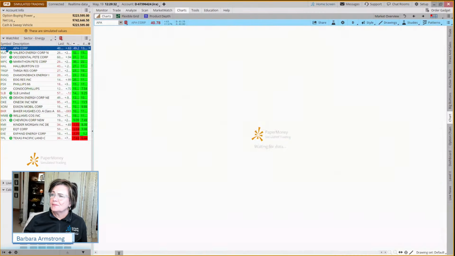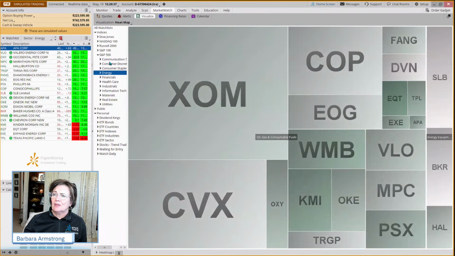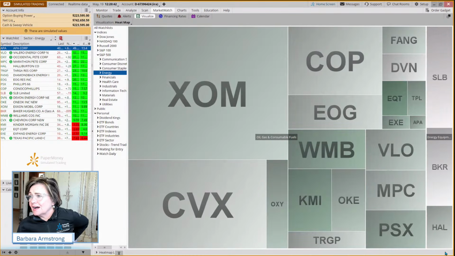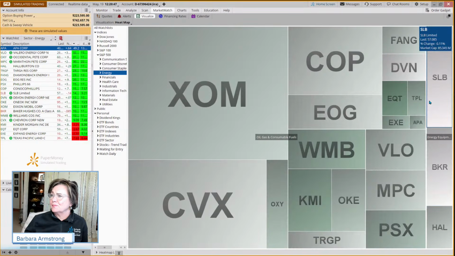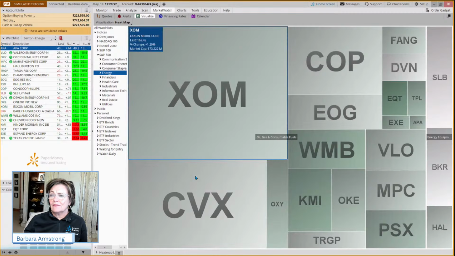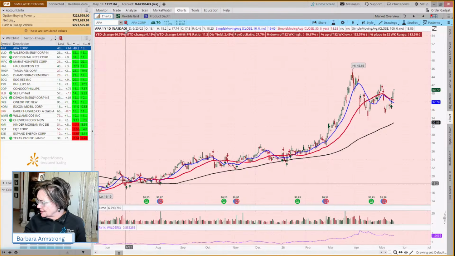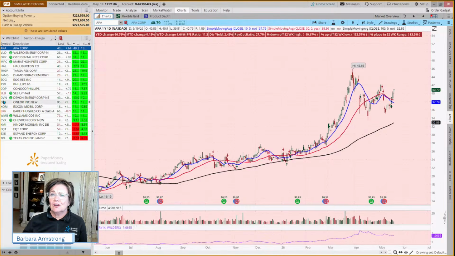So if you're wondering how energy is looking today, I just came over and here is the visualize on the Market Watch tab. We don't have a lot of red on this chart, do we? Baker and Schlumberger haven't moved very much. That's why they're kind of gray. But everything else is looking bullish. And if we look at the energy sector, it was kind of forming one of those double bottom patterns on the sector trend line. So if we come back to the charts,